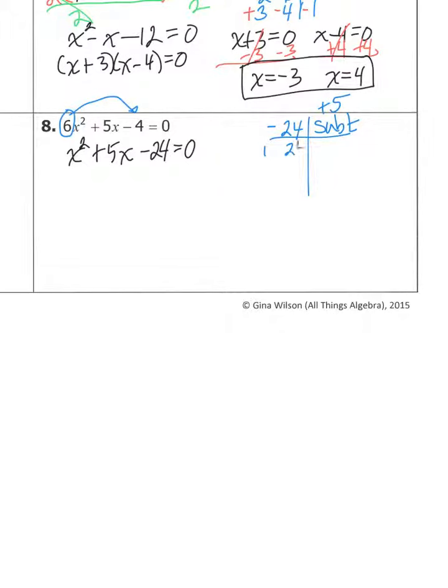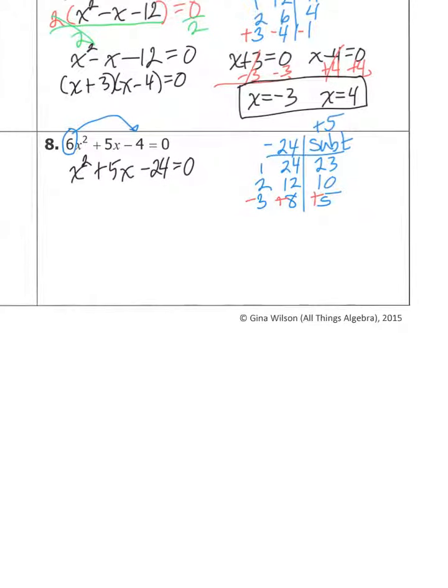So 1 and 24 give you 23. 2 and 12 gives you 10. 3 times 8 is 24, and that does subtract to give you 5. So my 5 is positive, so the 8 is positive. The 3 is going to have to be negative. So I get x minus 3 and x plus 8